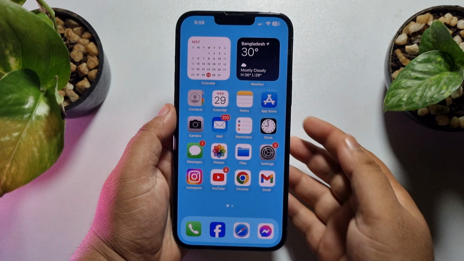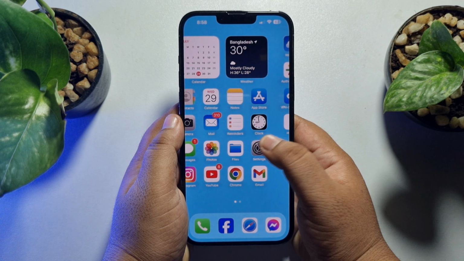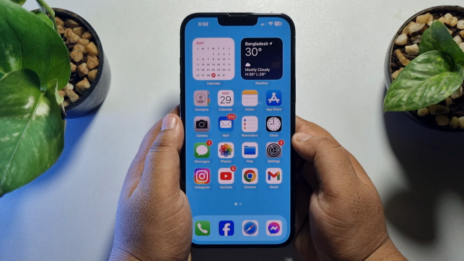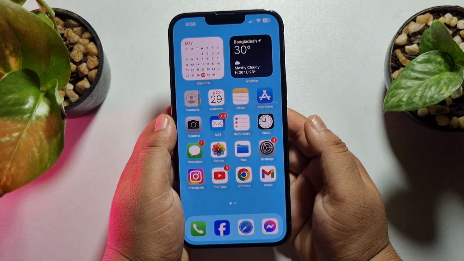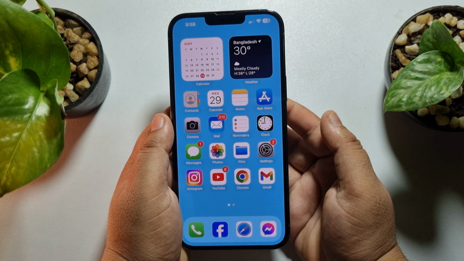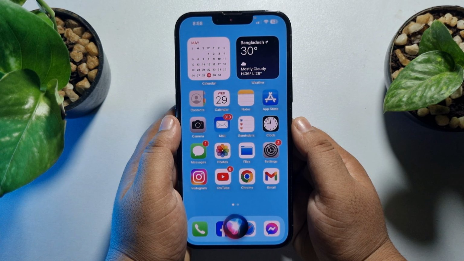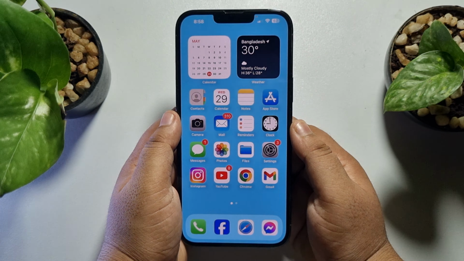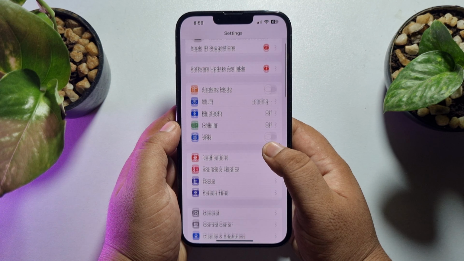Hi, this 5-minute solution is going to show you how to stop Siri from getting activated automatically on iPhone. Whenever you say only "Siri" and your Siri gets activated automatically, it can be very annoying. Here's how to stop this. Go to your iPhone settings and tap on